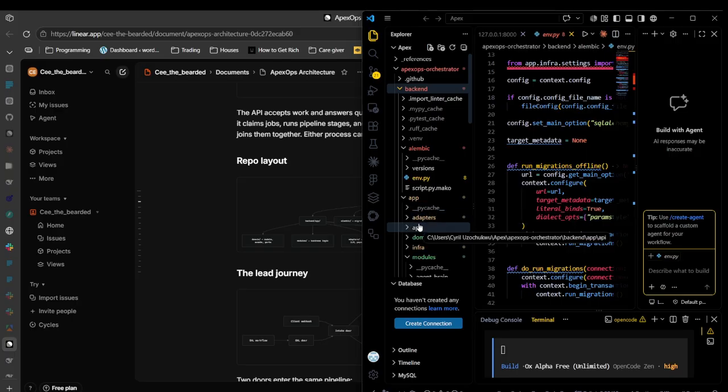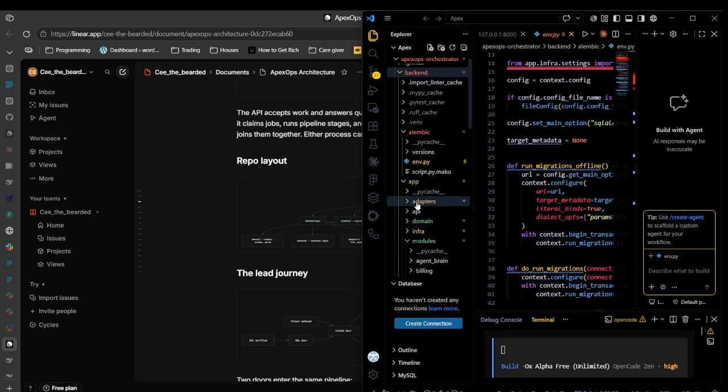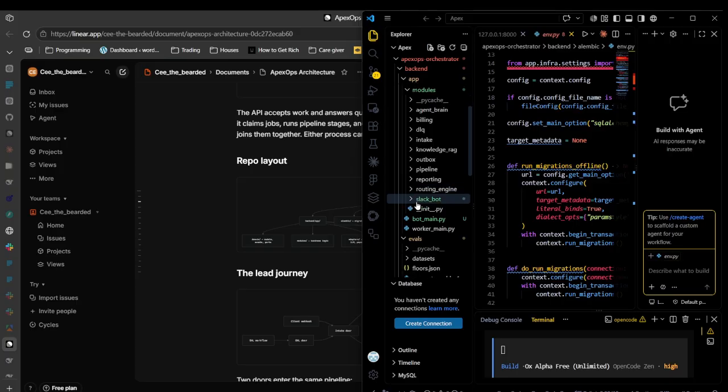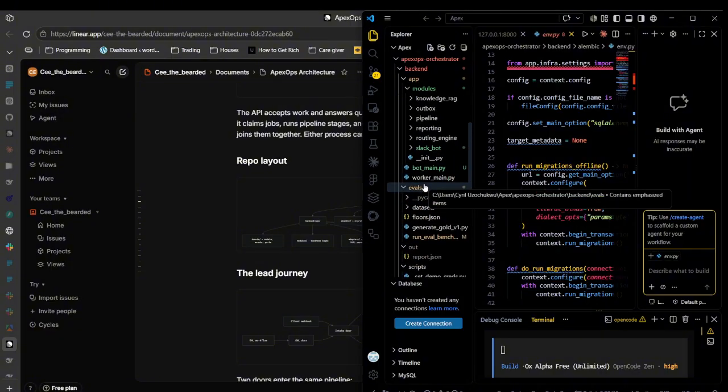There is Alembic, the evals, and then the tests. Inside the backend app,